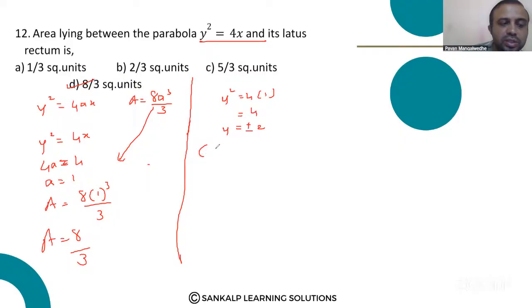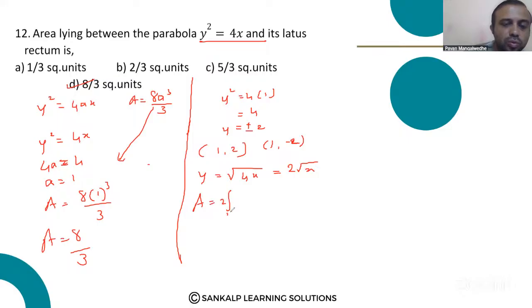Its intersections are 1 comma 2, and the second intersection is 1 comma minus 2, because there are two possibilities, plus and minus. Then, if y square is equal to 4x, y is equal to root of 4x. Root of 4x means 2 root x, in the range 0 to 1. When it is doubled, A is equal to